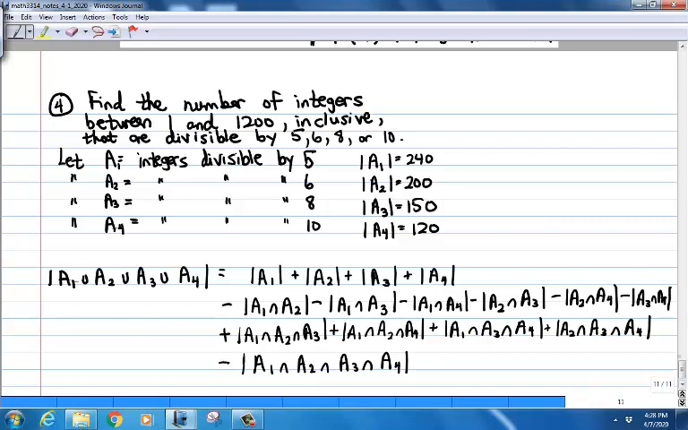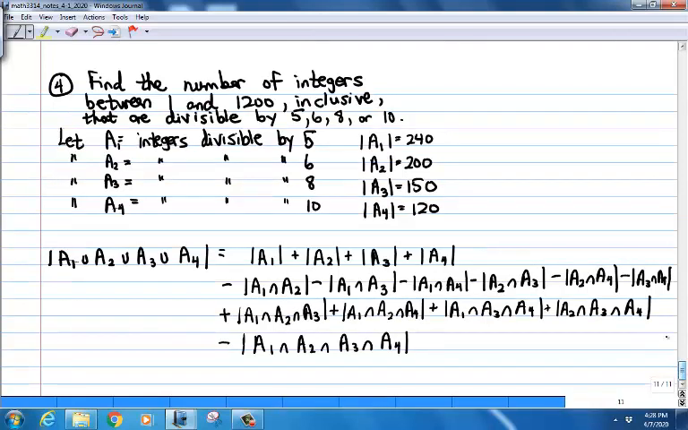All right, so let's see if we can compute now all of these cardinalities. Since this is really just division, I think these are pretty easy to calculate. So we calculated these 4: that's 240 plus 200 plus 150 plus 120. Now we subtract off